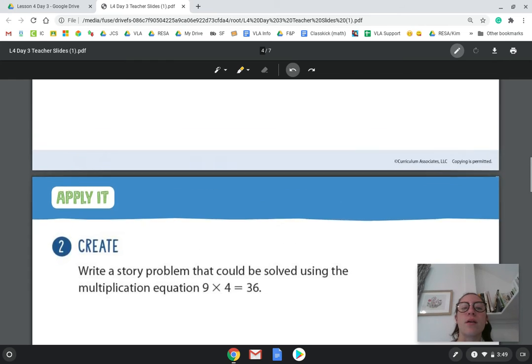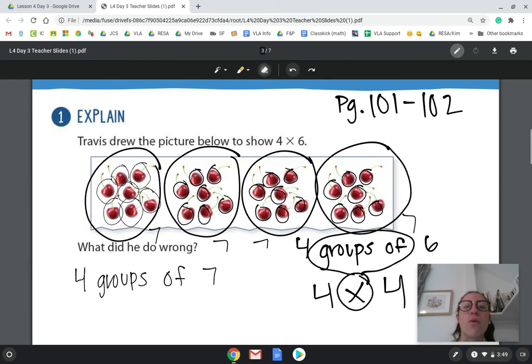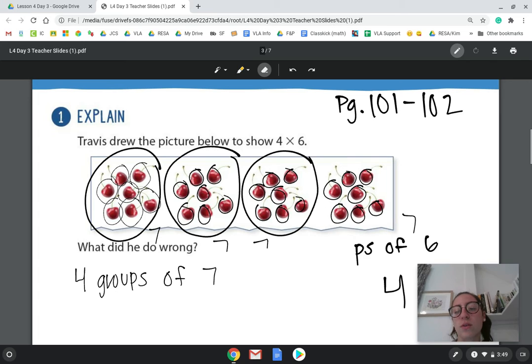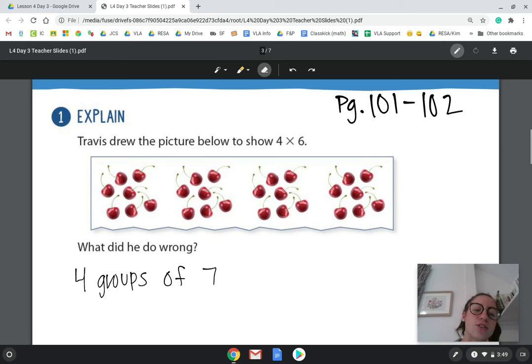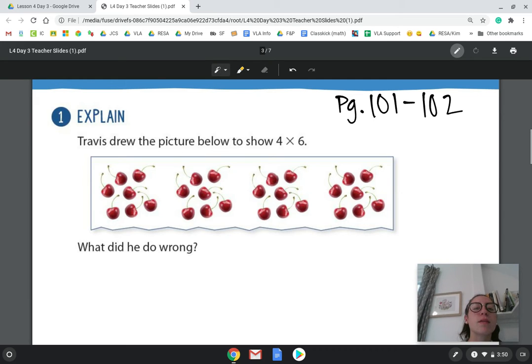So just like up here, when Travis showed 4 groups with 7 cherries in them, odds are Travis actually had a story problem that said, draw 4 groups with 6 cherries in each group because you're going cherry picking or something like that. So a story problem, if I were to write one for this problem right here, would be